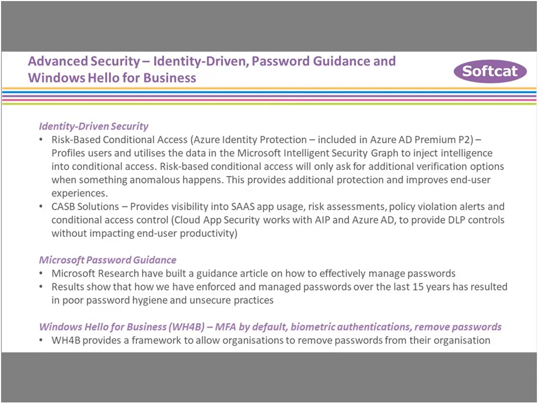Under normal usage, it will never ask John for multi-factor authentication. It will only ask John for additional verification options if the risk associated with John's identity rises from, say, low to medium. And again, this is fully configurable by yourself. What that will do is use the data in the intelligent security graph, the big data analysis that Microsoft's doing, the machine learning algorithms to predict whether something is out of the ordinary or whether